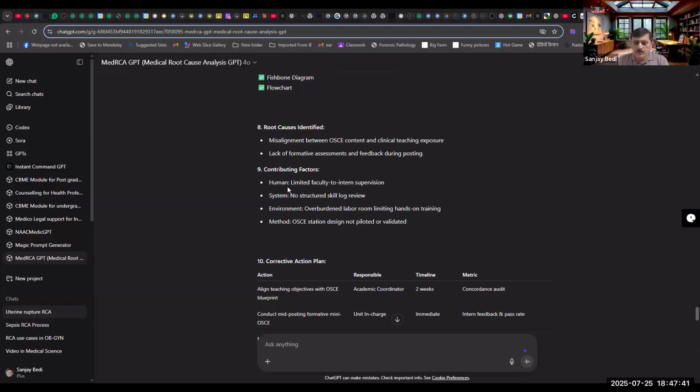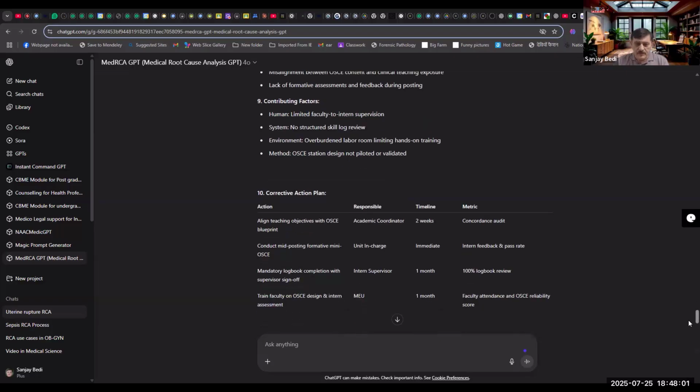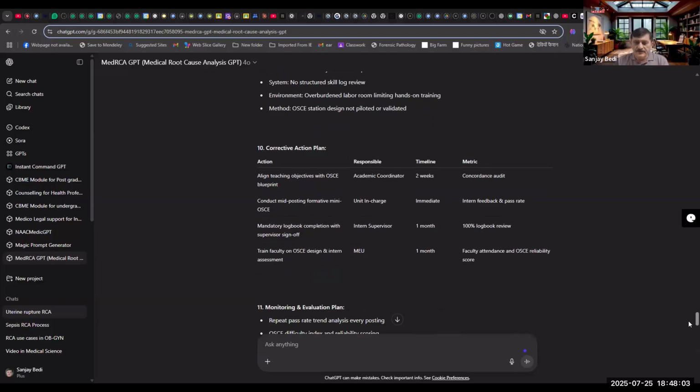Contributing factors: human, limited faculty to intern supervision, no structured skill log review; environment, overburdened labor room, limiting hands-on training; method, OSCE station design not piloted. These could all be the contributing factors. Then there are correcting factors, align the teaching objectives with OSCE blueprint,